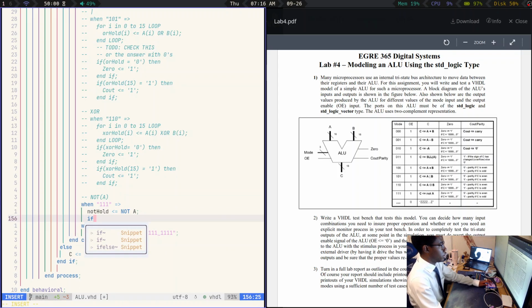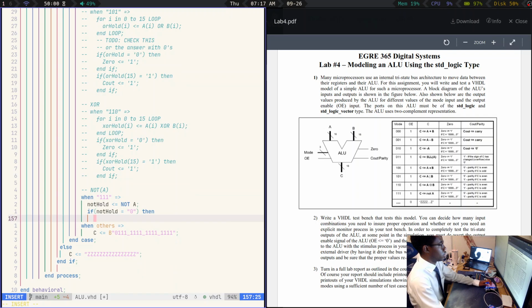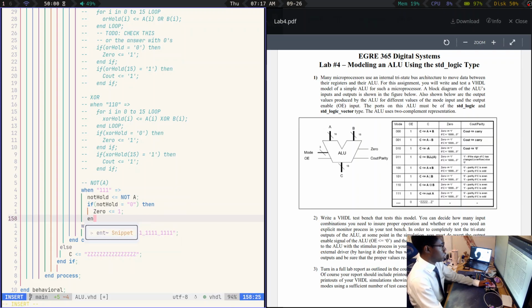And then it'll be if, this should have a space. If, wait, can I delete and back? Cool. If not hold is 0, then 0 gets the value of 1, and